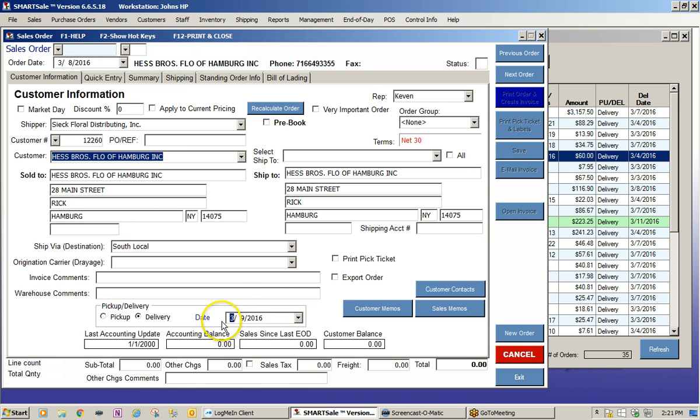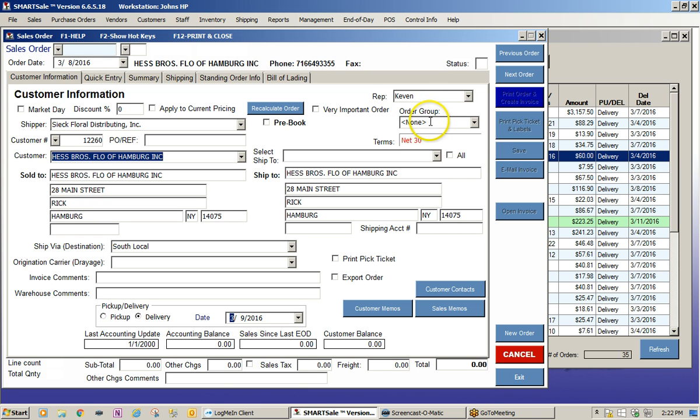Does that sound all right the way that's working? Yep, really easy. Okay, very good. So theoretically, with this screen, there's nothing you have to do with it other than set the date. The customer information should be populating all of this: the customer number, the customer sold to information, the ship to information, the sales rep on the account,